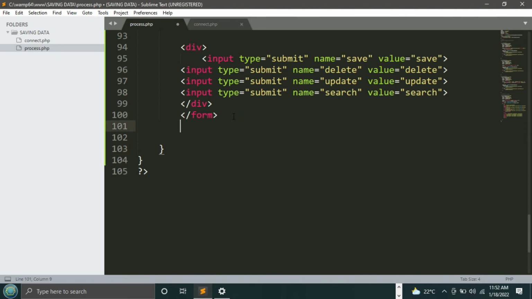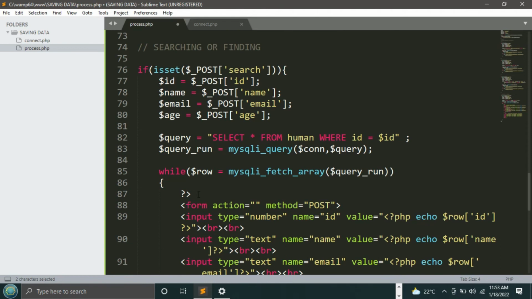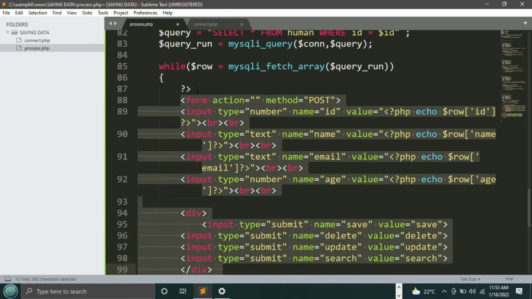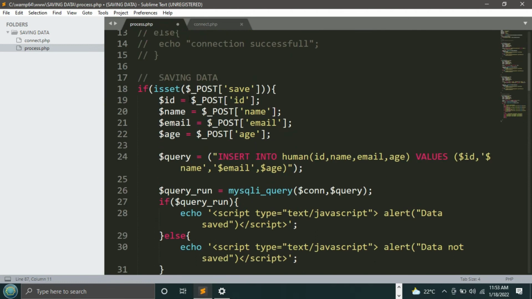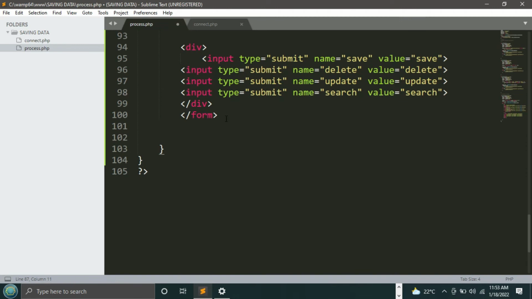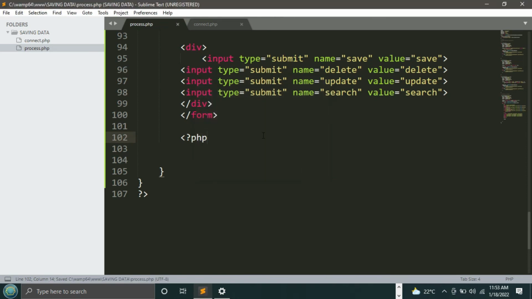So we shall now have to close. Remember, we have this closing syntax of PHP, and yet earlier on we had closed it here. Why? Simply because we are going to insert some HTML within PHP. So we had to first close and make sure this connects to this that is here at the beginning. For this to run smoothly, we have to have another opening syntax of PHP to represent this one that is here. So now I simply say open that, then I'll say PHP. So I'll save that,